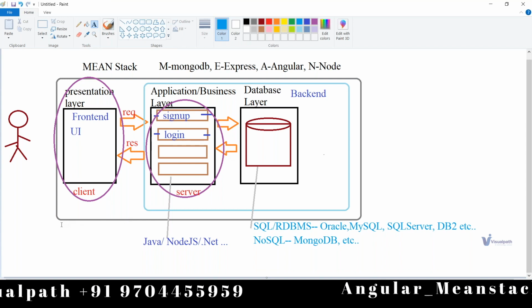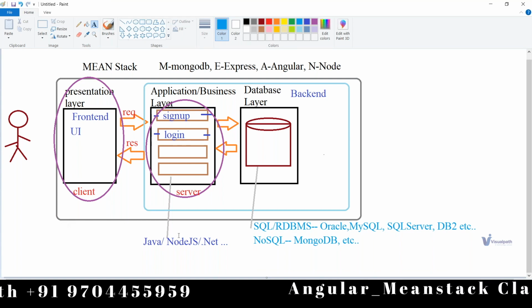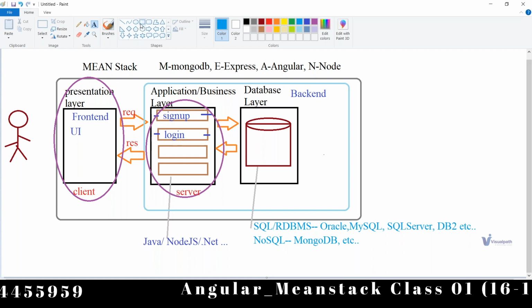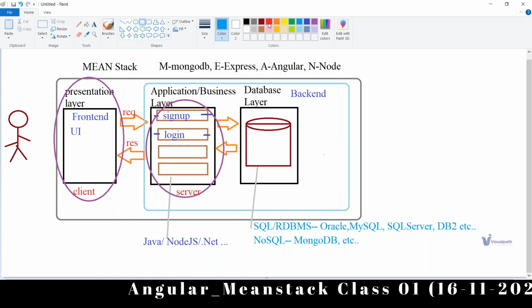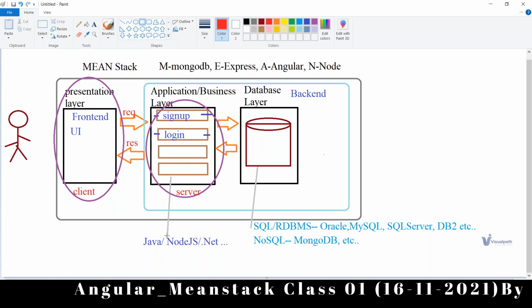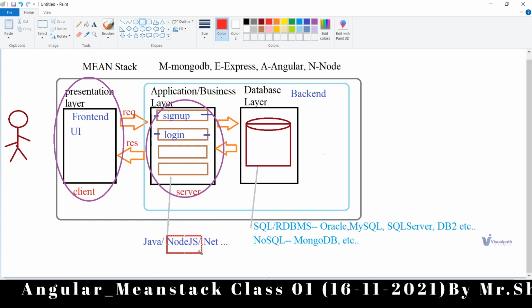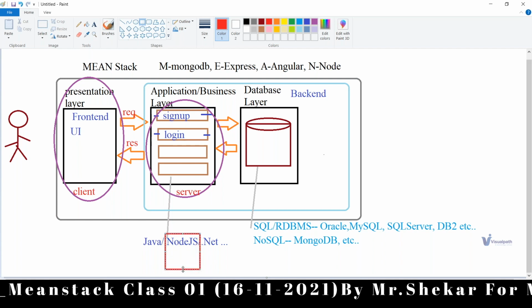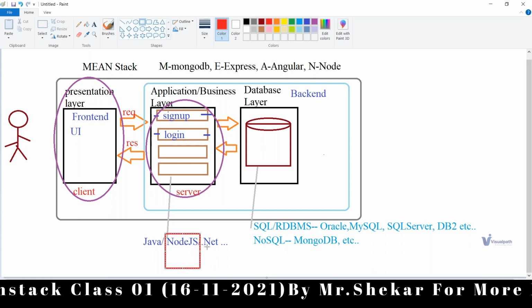Okay, fine. If we learn Node or Java or .NET, we can define the server side also. In this course we are preferring Node as the backend technology.